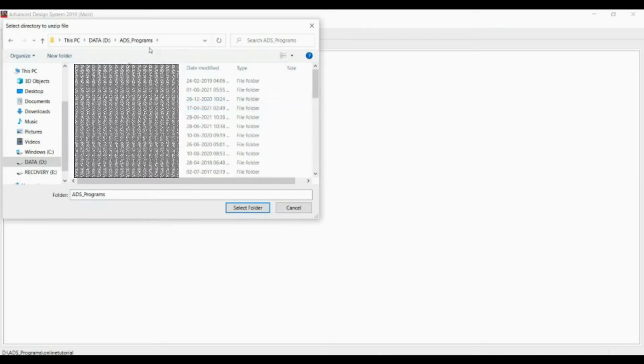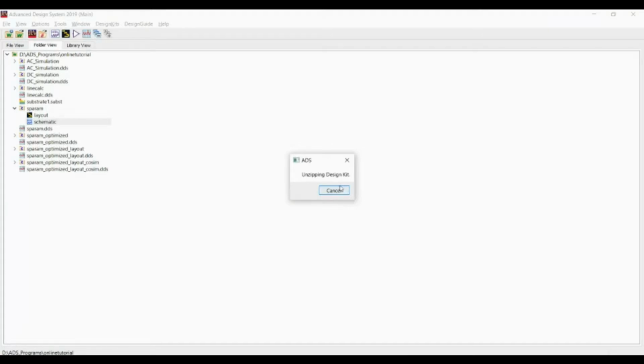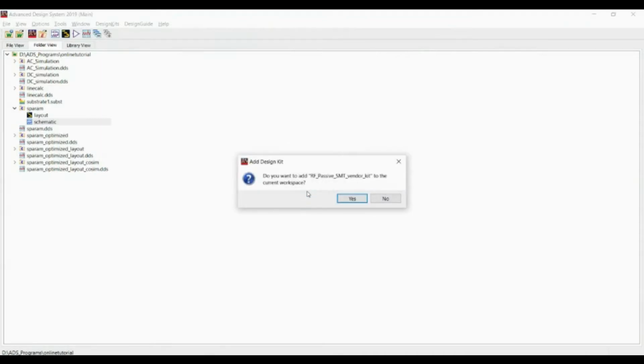So right now I'm including it in my D directory. Then this is unzipping files. Then it is suggesting a name itself. We can modify it or keep it as it is. And then it will ask, do you want to add RF passive SMT vendor kit to the current workspace?